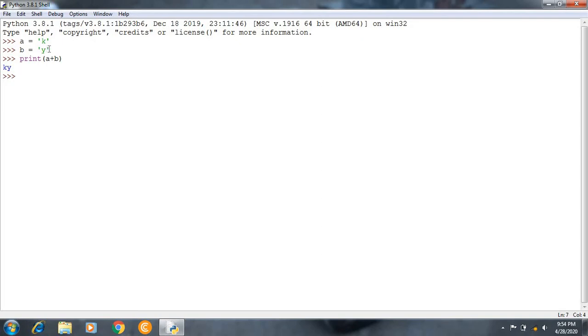Now we'll see the second example. Suppose I indicate name is equal to Tom, and I want Tom to be a student. So how do I get the student name here? I want to define Tom as a student. How do I do it? We'll see. Print, student name. I'll go with this, student name, and I'll close this one. I'll put a comma, name, close this one. Got it?